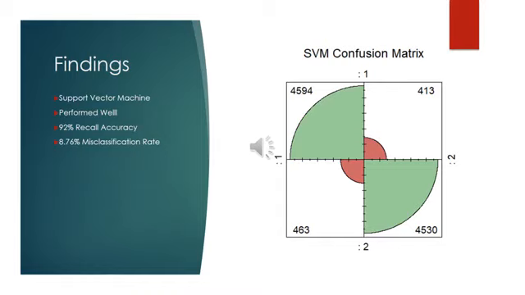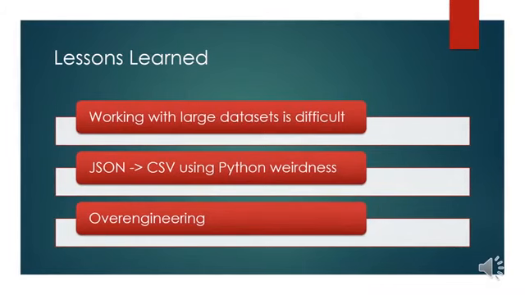And as you can see from the graph, these are the three biggest lessons I've learned so far. Number one, while I thought my computer would be able to manage working with these large files, it took a really long time to do anything. Converting the files from JSON to CSV took several minutes. Attempting to build a corpus from the entire review set never finished, and in some cases would cause RStudio to crash.